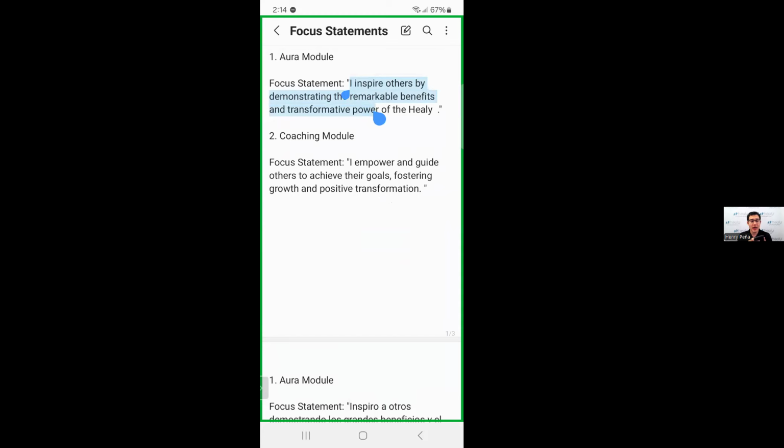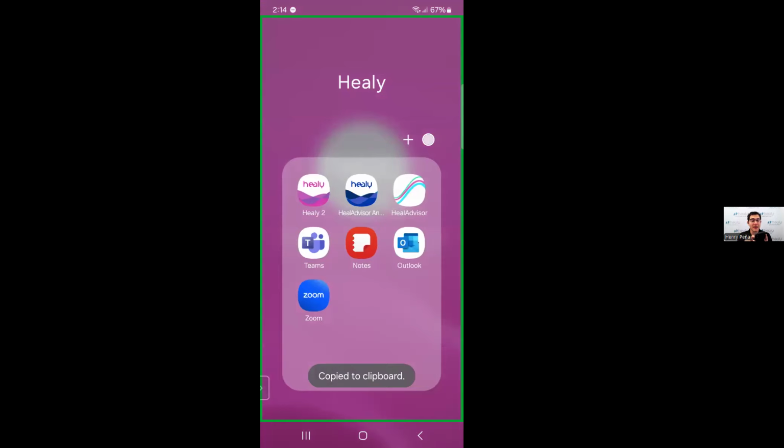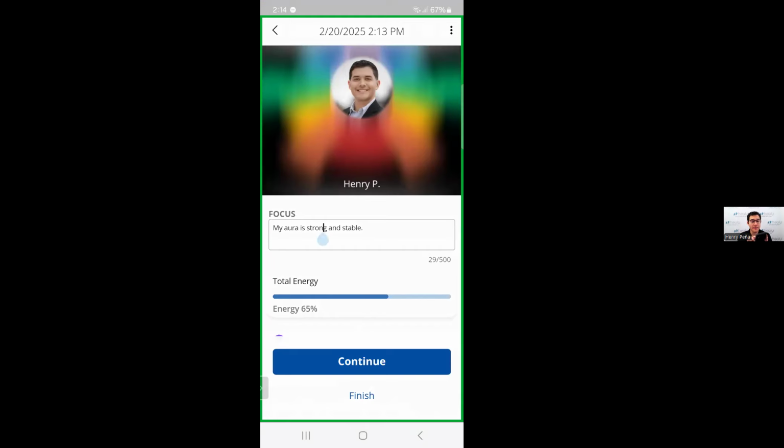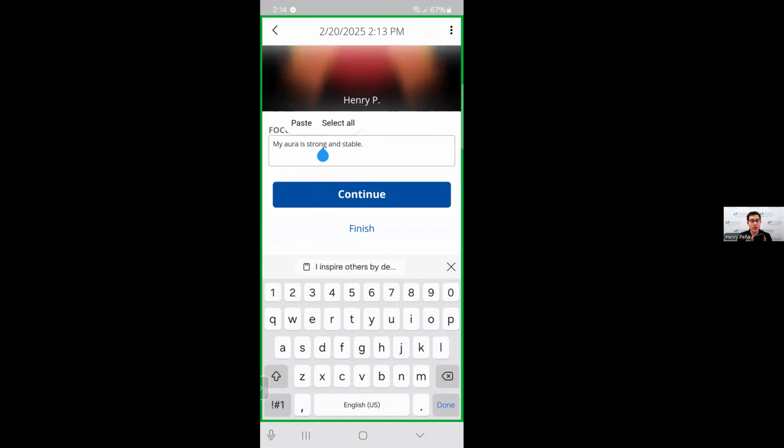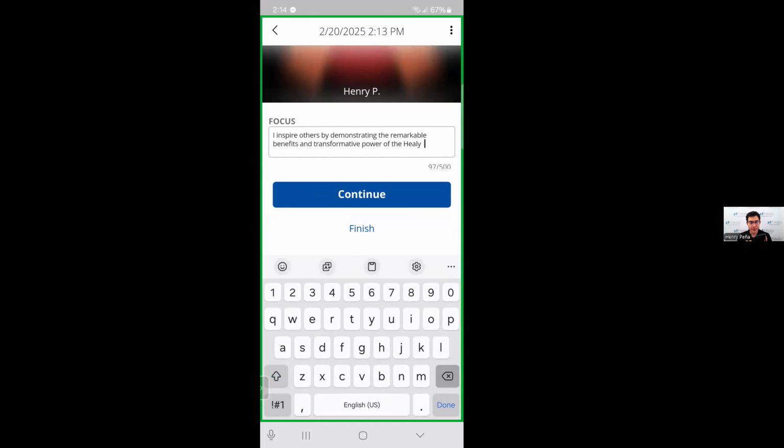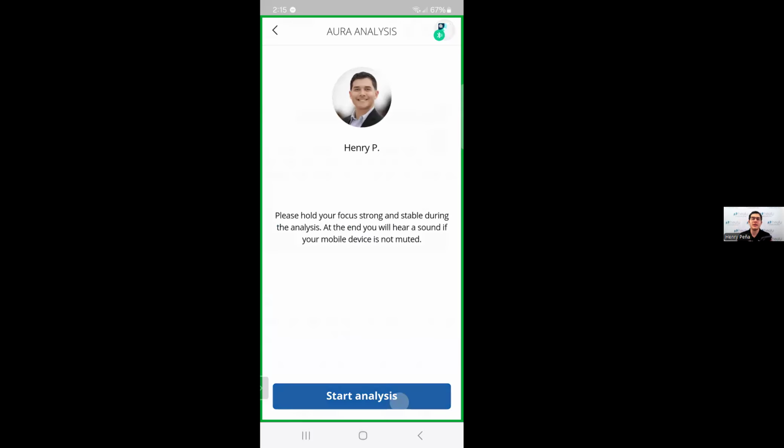So in this case, I like this one, right? So when I'm giving my presentations, I can inspire others on the benefits of Healy and the transformational power that the Healy offers. So I go here, then paste, there we go. So now we're here, right? That's going to be my goal here, so that you as a viewer, I'm inspiring you to understand and really be able to, I want to demonstrate, right, the remarkable benefits and the transformative power of Healy. So I press continue, start the analysis,